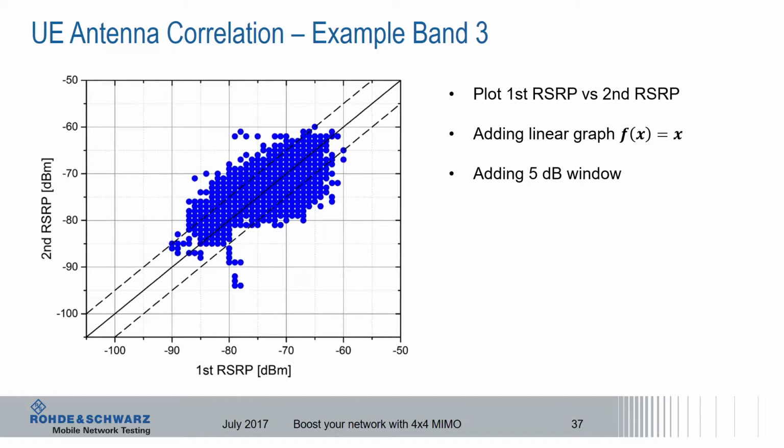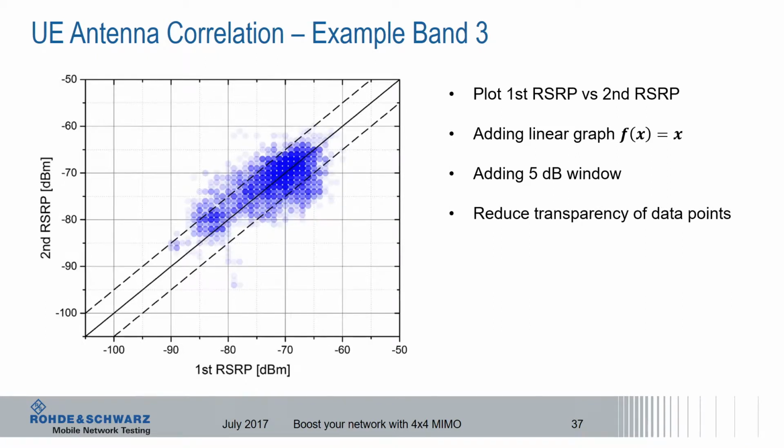So what we are expecting is that all measurement points should be in this corridor of this 5 dB window. Then of course it's up to you. If you define 5 dB, you could go to 3 dB or 8 dB. Everybody has to decide for themselves. Now we are talking about thousands of measurements, and of course you always have some outliers in these graphs. So there's a nice trick: just reduce the transparency of the data points and you will see immediately where the majority of the measurement points are. And here you can see that they are all inside this 5 dB corridor.